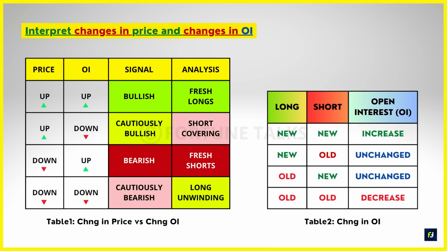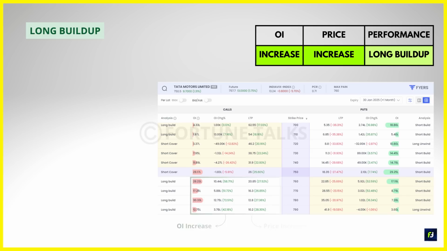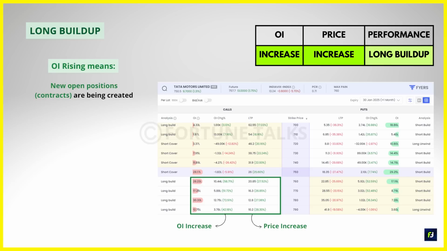Now, what do these terms mean? Meanwhile, let me show you another table that displays the implications of creating fresh longs and short positions, as well as closing out existing long and short positions for both call and put options. Now, this will give you an idea about the market sentiment. Using these two tables, let us do some analysis. So, if the price is rising and open interest is also rising, it means the market sentiment is strongly bullish. This signals a long buildup, or it indicates that fresh long positions are created. In other words, it means that the new contracts that are being added are dominated by bulls,